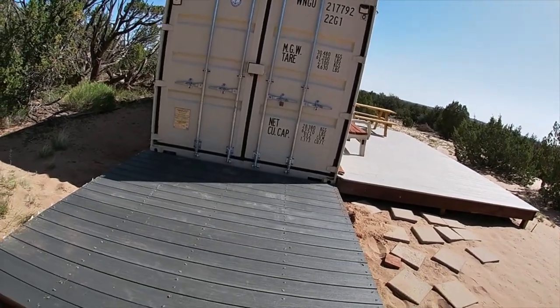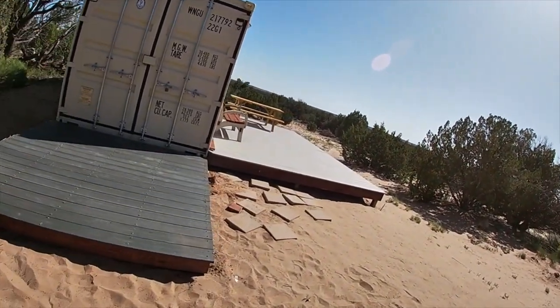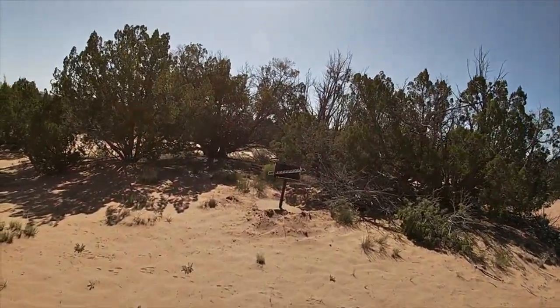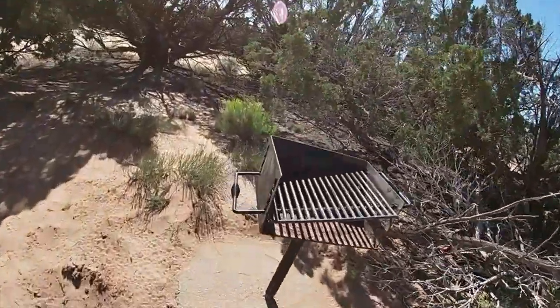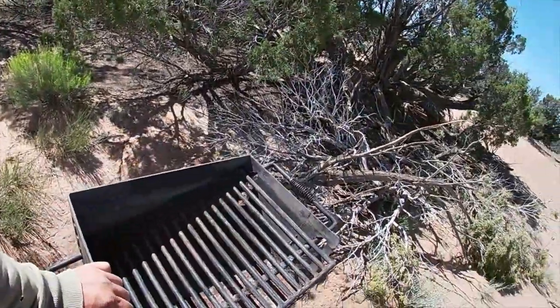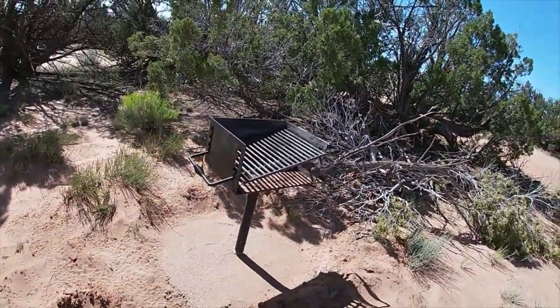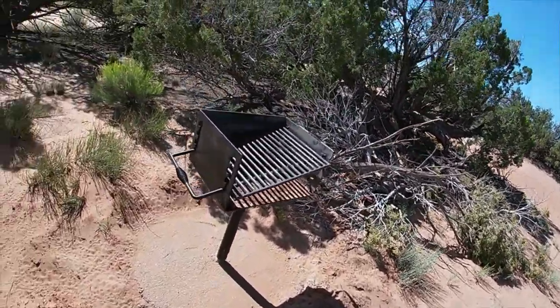Had them out there in front, and the wind would actually blow the sand out underneath of them. So built this little 8x8 deck. Nice little old deck. I had to just trim it up. I ran out of batteries the other day, and I need to bury this grill base. We put this grill up here, dug a form in the dirt. So now I'm just going to take this leftover sand, I'm just going to fill it in around there,